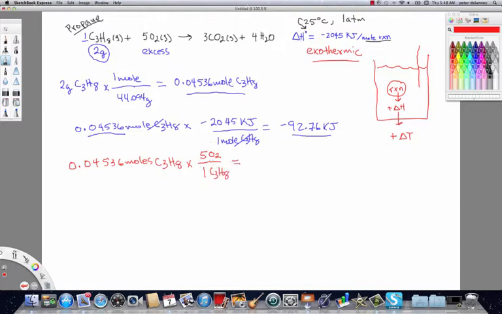So we're using the mole ratio of oxygen to propane. And what we find is that if we burn 2 grams of propane, we're going to need 0.2268 moles of O2 to react with that. So we're going to need roughly 23% of a mole of oxygen to react with all the